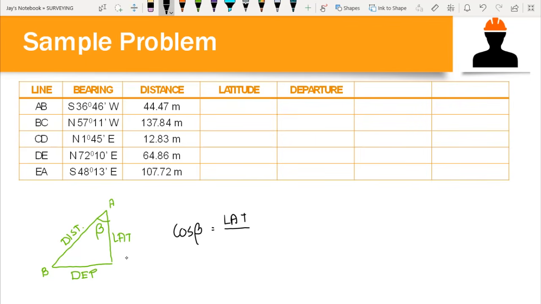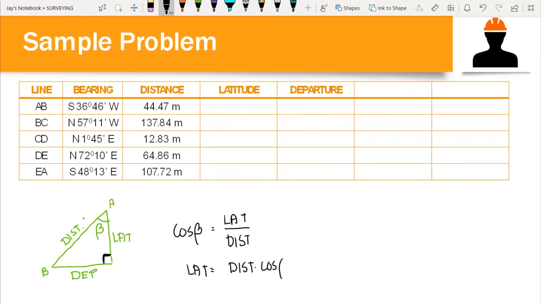The hypotenuse of our right triangle is the longest side, which is the distance, the line opposite of our 90-degree angle. So latitude is equal to distance times the cosine